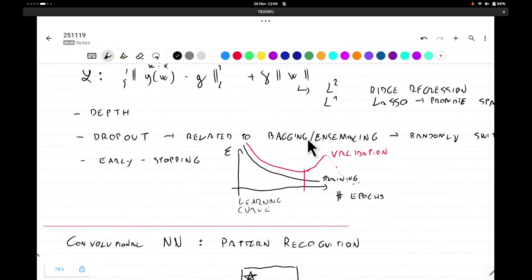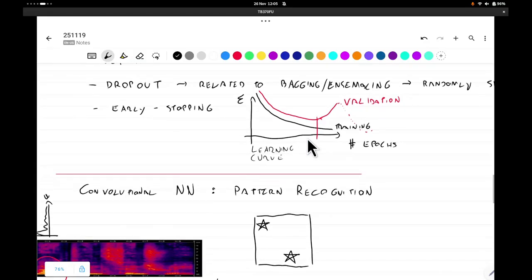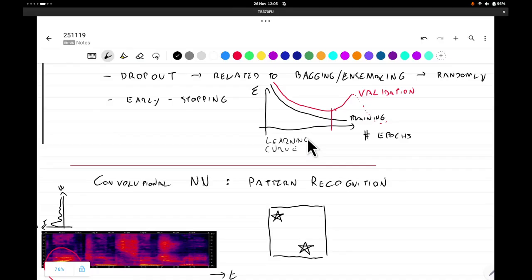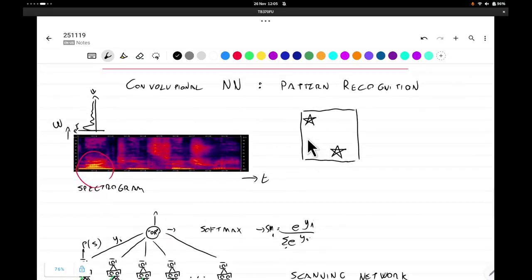So for convolutional networks, there are other kinds of tricks, and so on and so forth. But I want to rather give an overview than go into too much technical detail. So this is about optimization, and then we started looking into convolutional networks, where the idea is